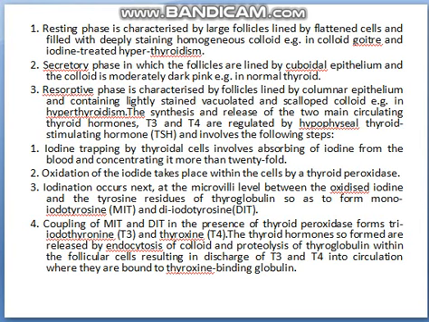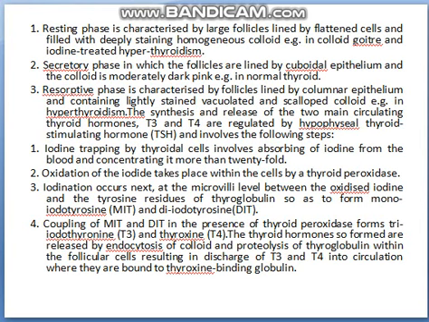Next one is the secretory phase. In this, those cells which were flattened in the above stage become cuboidal and dark pink in color. Now the resorptive phase. In this, they turn columnar. So first it is flattened, second in the secretory phase it is cuboidal, and next it turns into columnar epithelium.